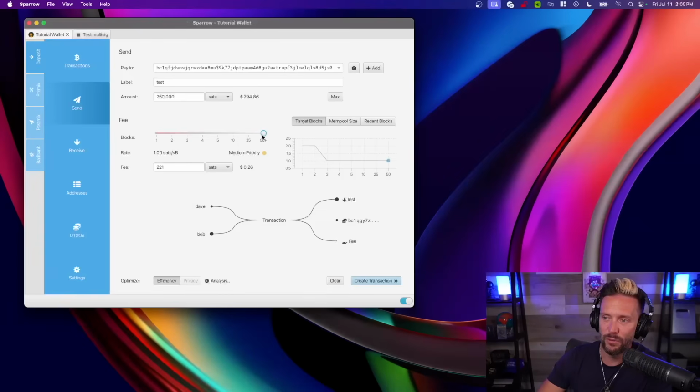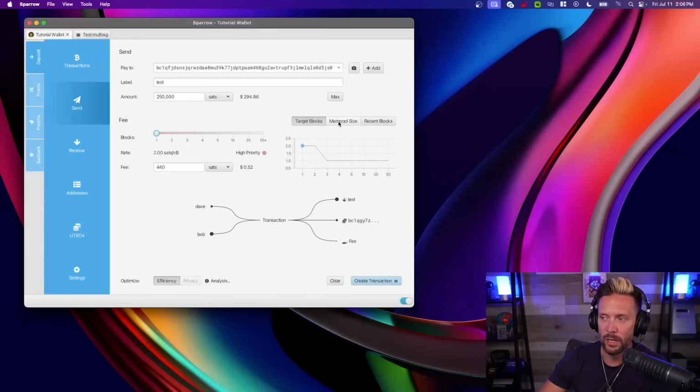Now, again, fees are low right now, but eventually this would say low priority, and the graph would represent it as, okay, you are paying even less and less and less. So this graph represents how high your fee is in sats per byte. Right now it's 1, but you can see if I want it faster, I'm paying more. Okay, so that is what the